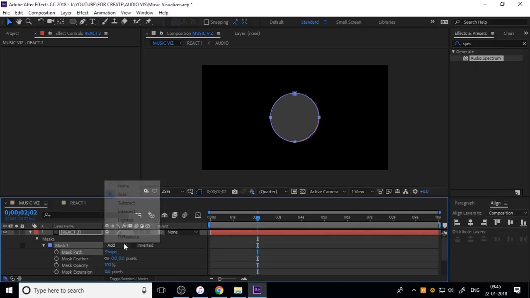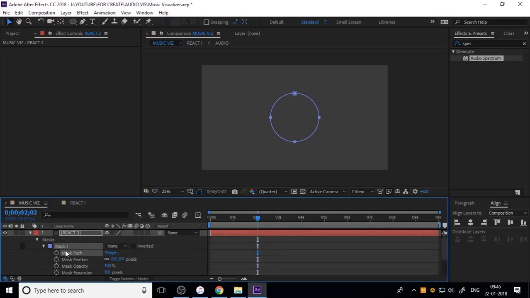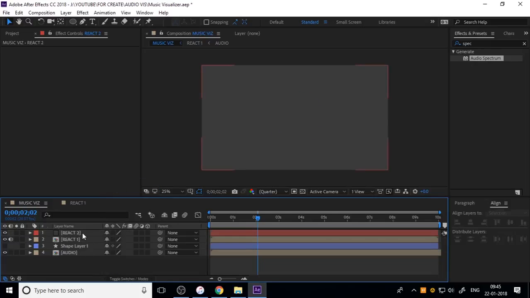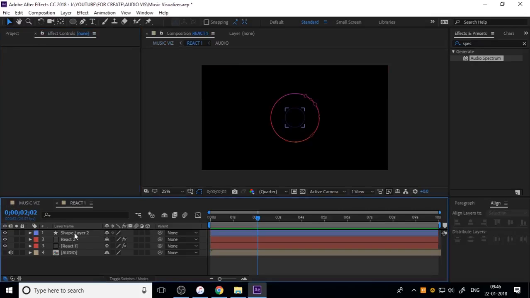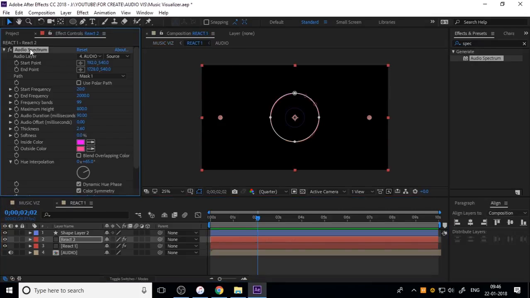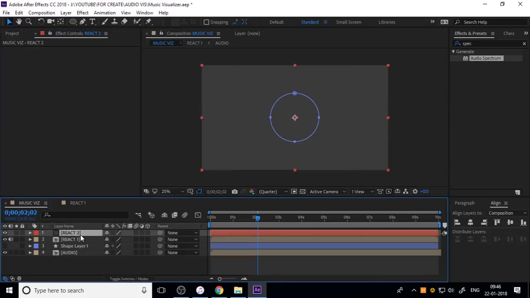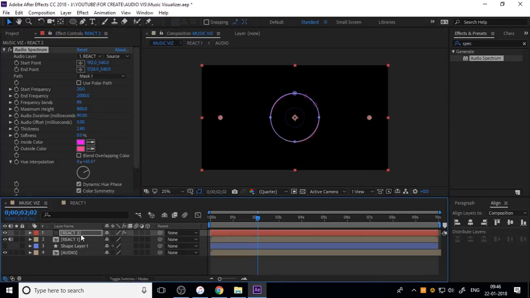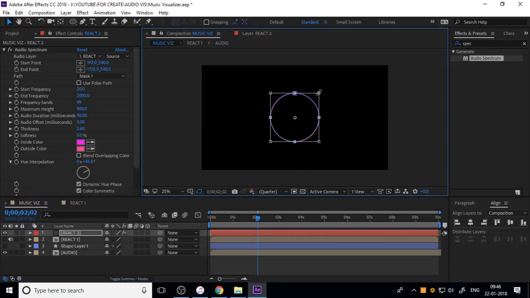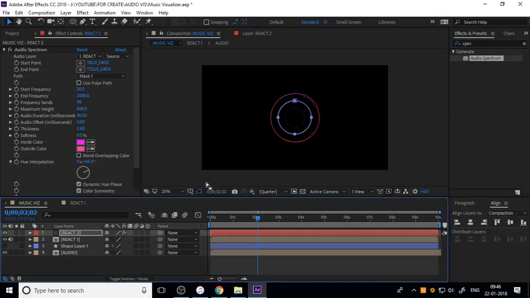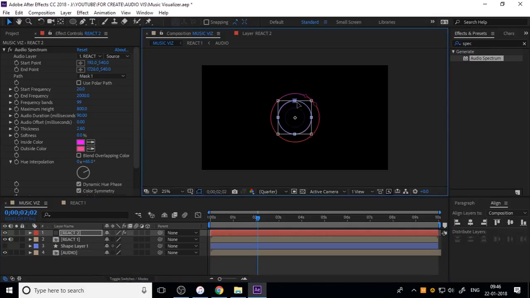You can press Control V, that means paste your shape into the mask path. And if you double click on the React 1, our first, you can just copy these effects by Control C and select the React 2 and Control V. You don't need to apply again, so you can easily